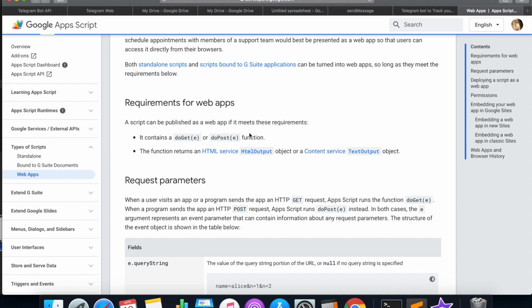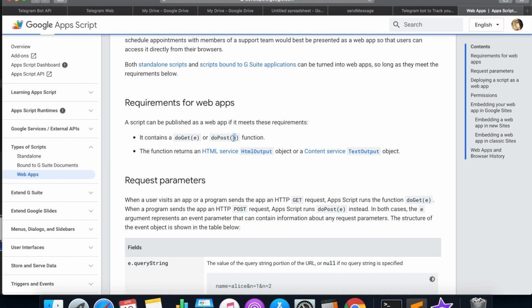We need to create a DoPost function. So basically, the DoPost function is what happens. It answers the question of, okay, so what do we want the bot to do? Or what do you want to do with the letter E here, with the information that we receive from the user? So I said earlier, think about the webhook as like a courier or a wiretapper that